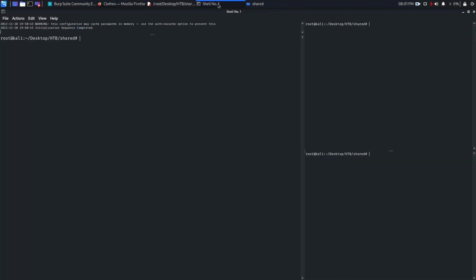But before that, it's always better to run some enumeration in the backend process. So I'm going to use the FFUF tool. So ffuf -w for the word list, /usr/share/wordlists, and I'm going to use dirbuster. Inside dirbuster there is directory-list-lowercase-2.3-medium, then -u, which is going to be the URL. So http://